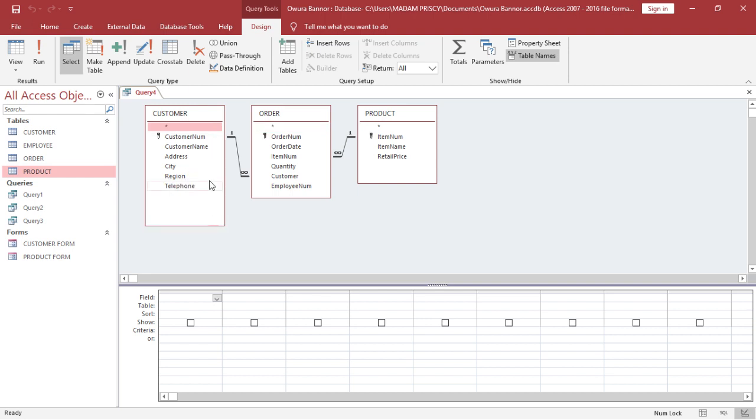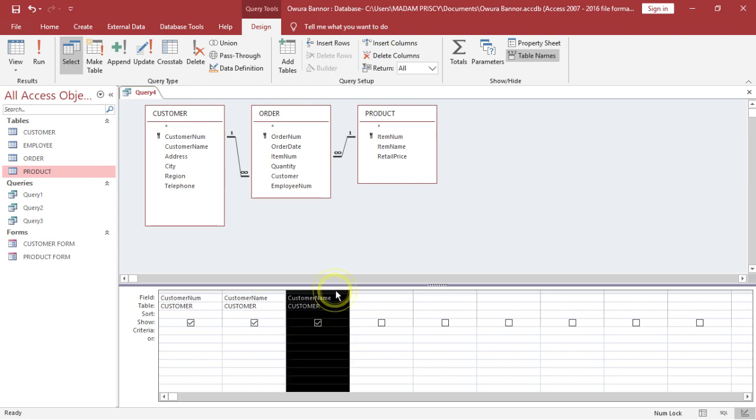We will select our field names. The field names are what we want to see: the customer number, the customer name, then our item number. And please let me remind you, we have item number over here, we also have item number